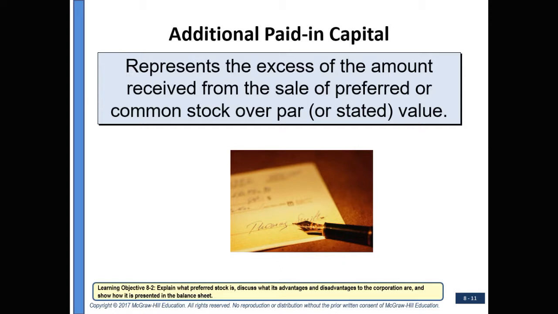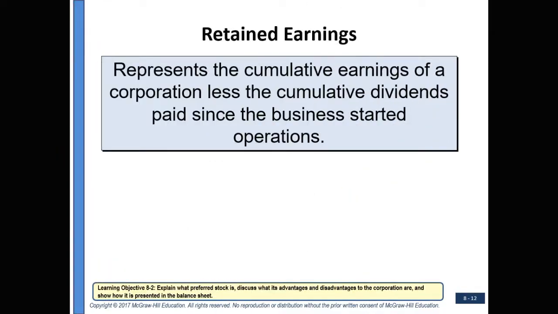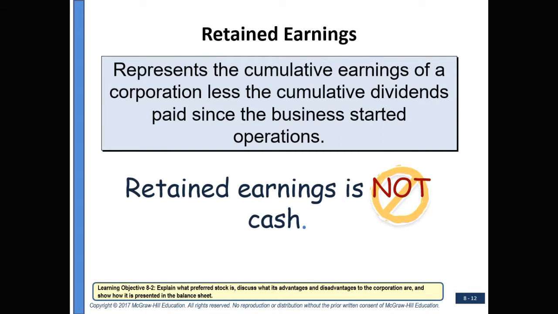The additional paid-in capital accounts for preferred stock and common stock represent the excess of the amount received from the sale of the stock over the par or the stated value. The retained earnings account represents the cumulative earnings of a corporation, less the cumulative dividends that have been paid since the business started operations. There is no relationship between retained earnings and cash. Retained earnings does not